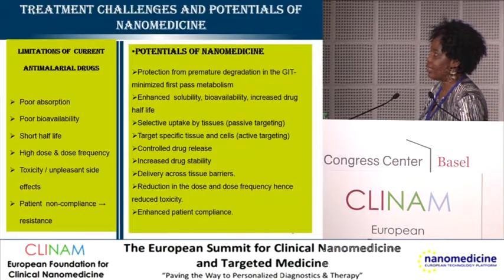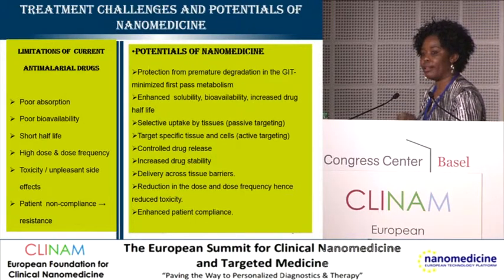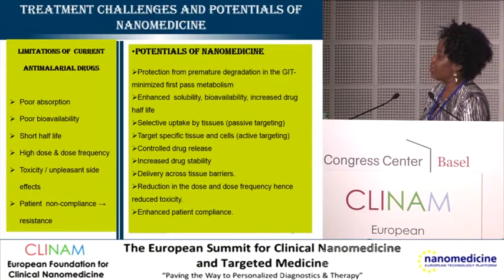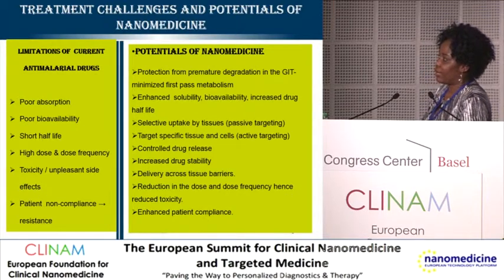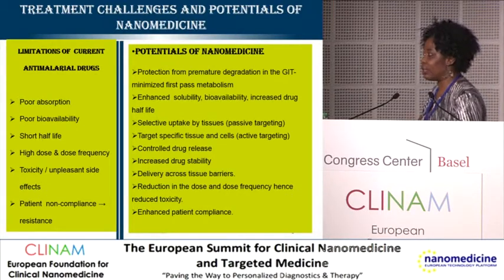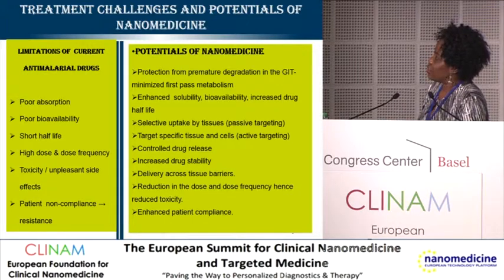Just like you can see in the next slide, we have poor absorption of some of these drugs, poor bioavailability, the drug not being present at the right concentration required for a therapeutic dose. Also we have toxicity in some of the drugs and poor patient compliance, probably because of the repeated dose and dose frequency. So the truth is that nanomedicine could actually help alleviate some of these problems. It has the ability to increase the half-life and increase the solubility, targeted delivery, and a lot that we have seen in this talk.